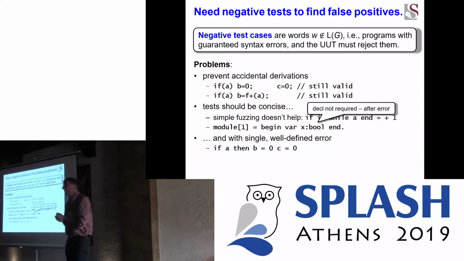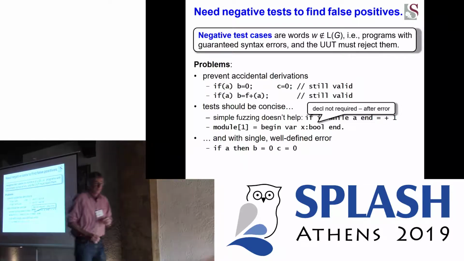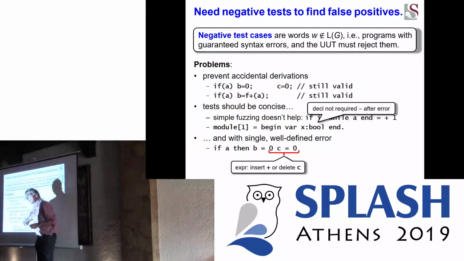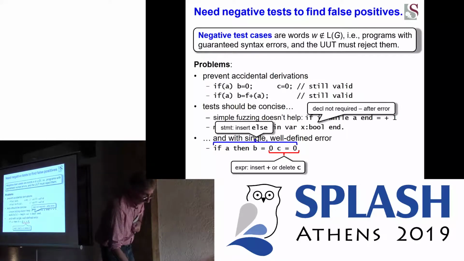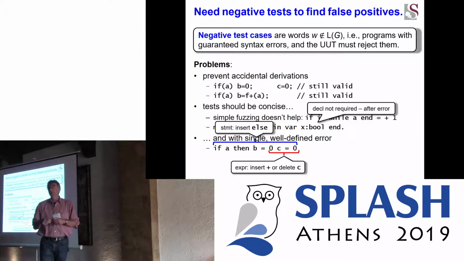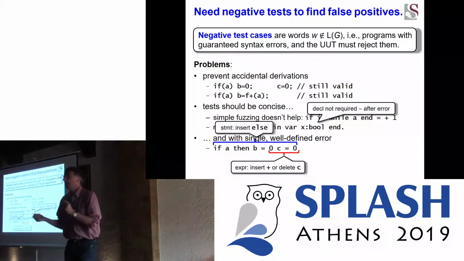And we want, if possible, a single well-defined error. Right? If we have this assignment or this conditional in our language, well, it's not legal, we know that, but what is the error? So if it was because there was a plus that's missing, then this becomes an expression and the entire thing becomes legal. If we delete the identifier, this is also an expression and the entire thing becomes legal. Or if we insert an else in between, then this entire thing becomes an if then else and it becomes legal again. So figuring out what the error is isn't quite that simple.